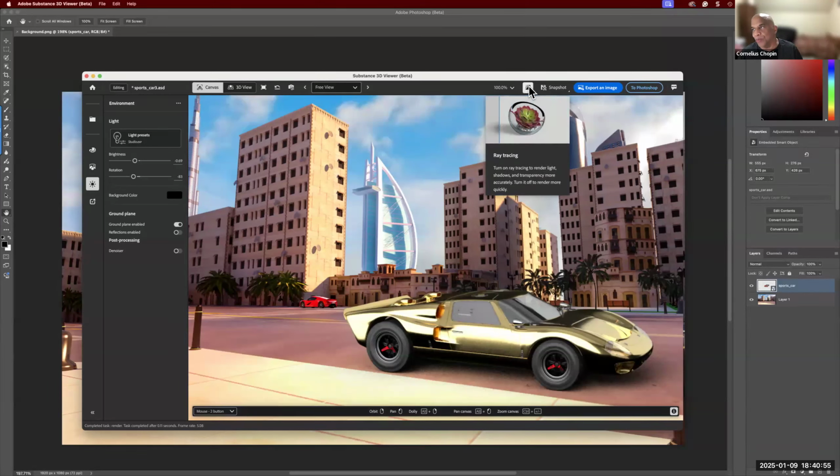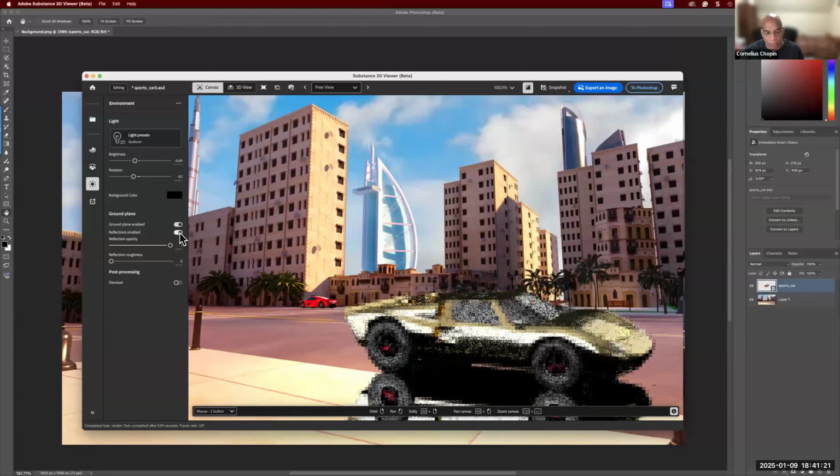Now, the reason why I saved that for last, always save the best for last, don't we? The reason why I saved the rendering for last is because when you enable the rendering, it enables the reflection enable option. Remember, it was disabled a moment ago, right? Until I render it. Now I have a toggle switch. If I click on it,